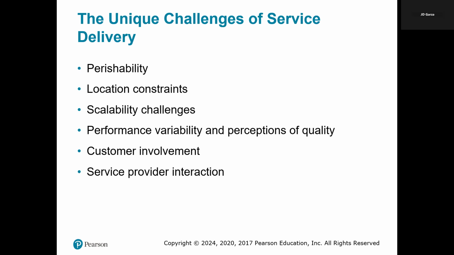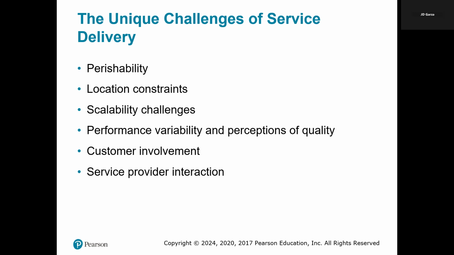The service provider interaction means that the quality of service is directly affected by the interactions between the service provider and the customer. Good interactions enhance the customers' experience in an engaging way, while poor ones could lead to dissatisfaction.